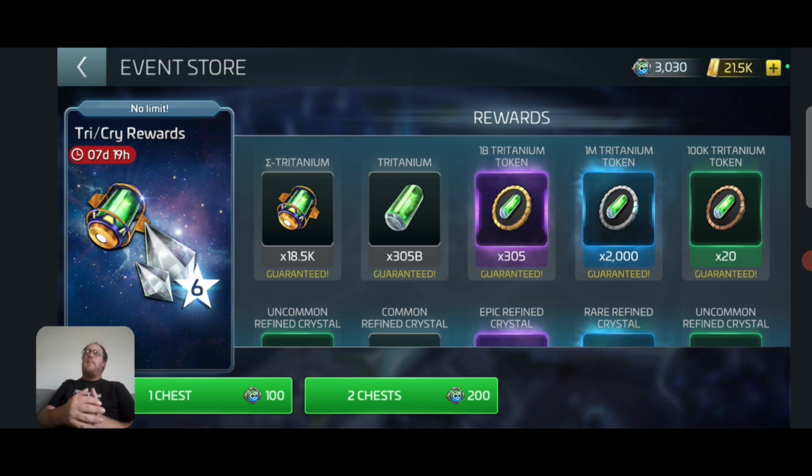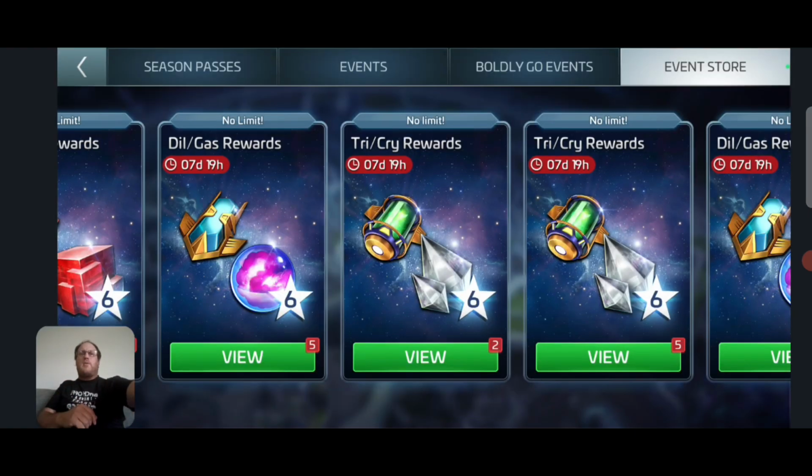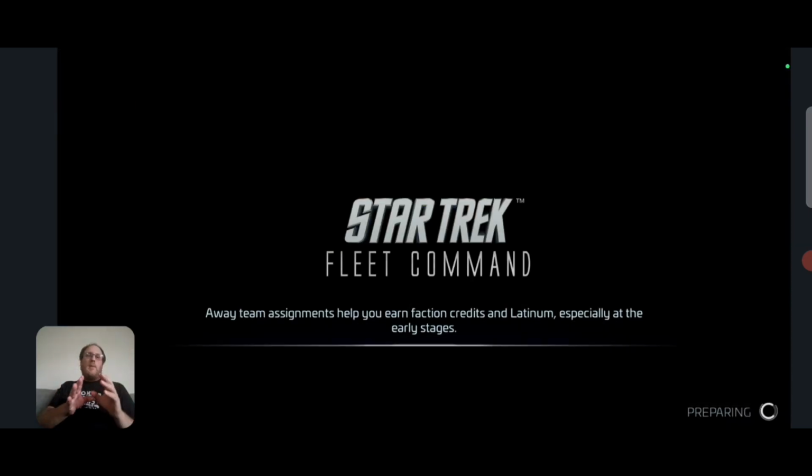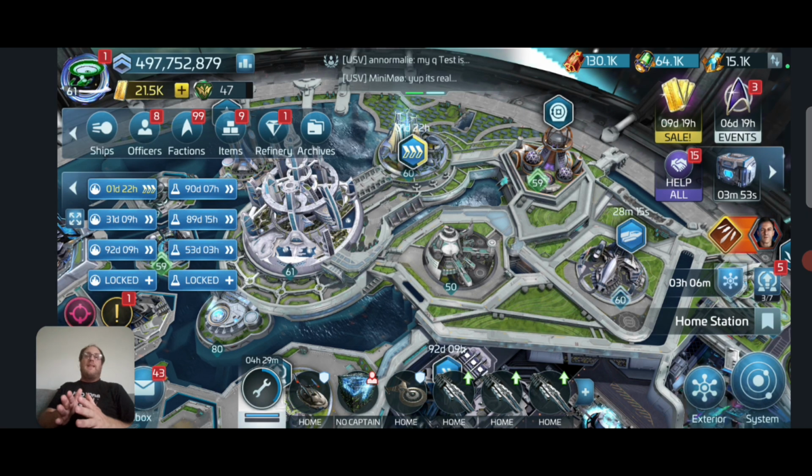So the battle pass, hang on, is Voyager in it today? I can't remember. Let's have a quick gander. So have a look at the events. Oh yeah, it is. So after I've been out and sent Voyager out and dealt with these, I will then be able to claim more of them, and be able to do some more. But let's see what we can do right now, because bearing in mind I don't have enough Latinum, I don't have enough speed ups, so